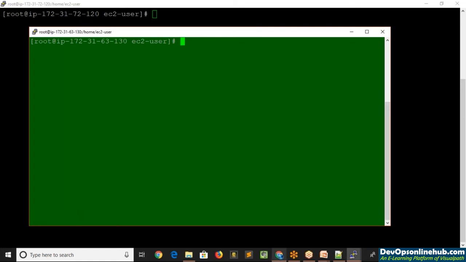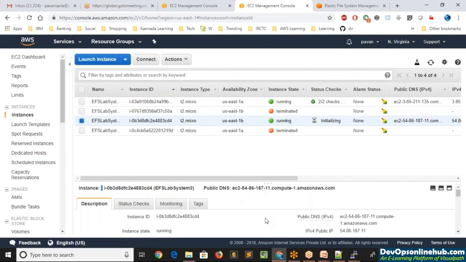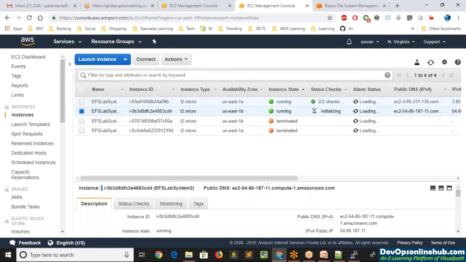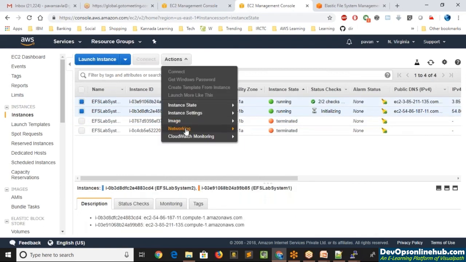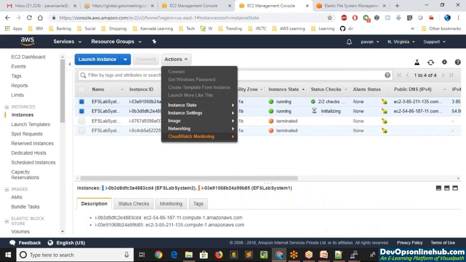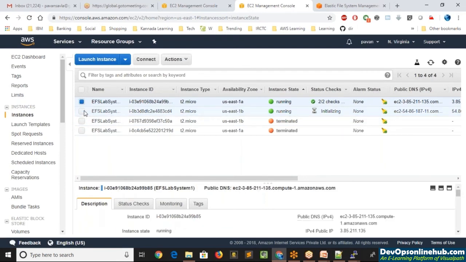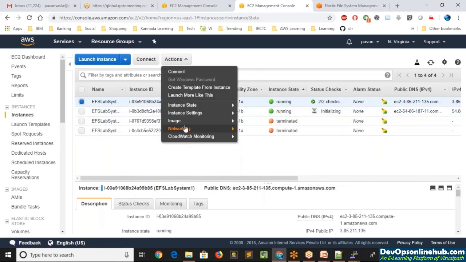The next important step is to go to the EC2 console and pick up both instances which are running. I'll go to the EC2 console first and then pick up both the EC2 instances which are in running mode. I'll select both of them, and then in Actions, Networking, I'm going to add one more security group. I don't think it allows both the instances together, so I'll have to do one after the other. First I'll select one of the EC2 instances, click on Actions, Networking, change security group.